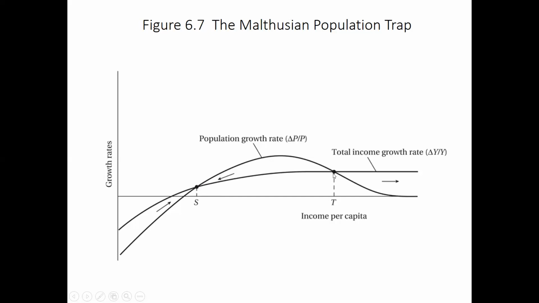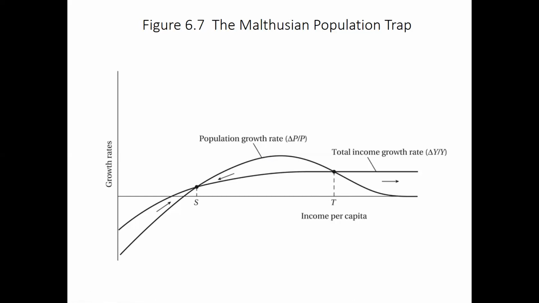There's another equilibrium, and the idea of the Malthusian trap is how can we end up making the economy jump to this equilibrium here, where now here, if you're at T, this would be an unstable equilibrium, but that's a different issue. But essentially now you have a high income per capita. If you start with income per capita T, then the growth rate of population, because of the reduction in fertility, has gone back down, and it's exactly equal to the growth rate in income, and income per capita essentially remains constant. Okay, so this is not supposed to be an exact description of an economy, but just to help you put a little bit of structure on this idea of a Malthusian population trap.